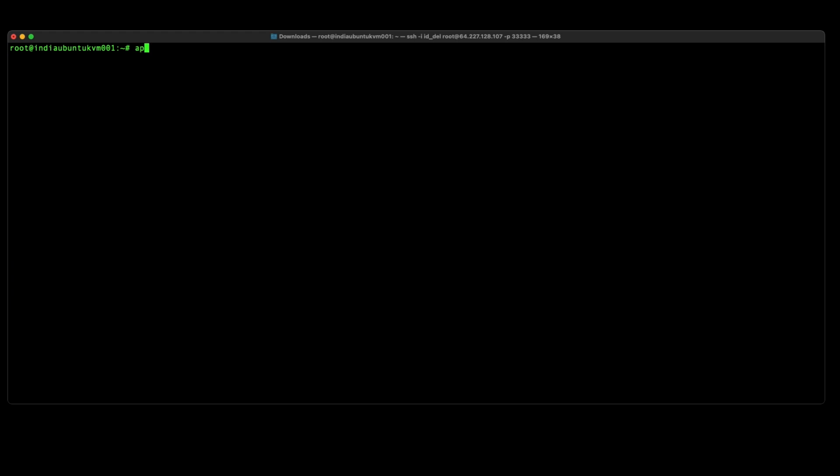let's issue the command apt install. I'm doing all this using root, so we don't have to put sudo in front. If you're not using root but a sudo account, then you have to use sudo in front of all the commands, right? I believe you should know that, right? So